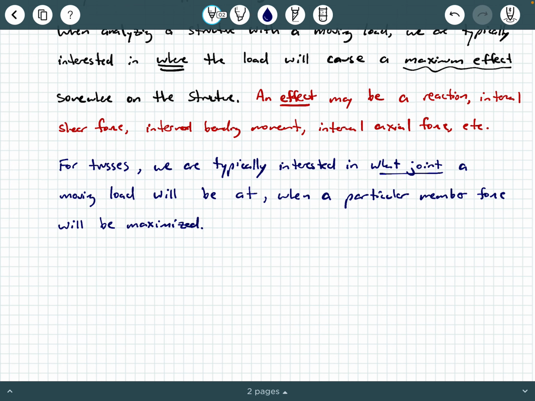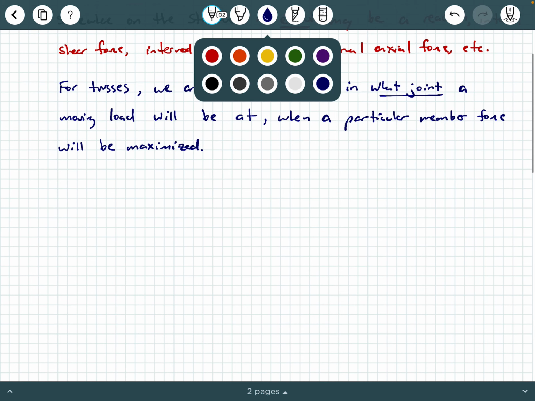Okay, so for example, if we have a truss here, and I'm going to draw kind of a general